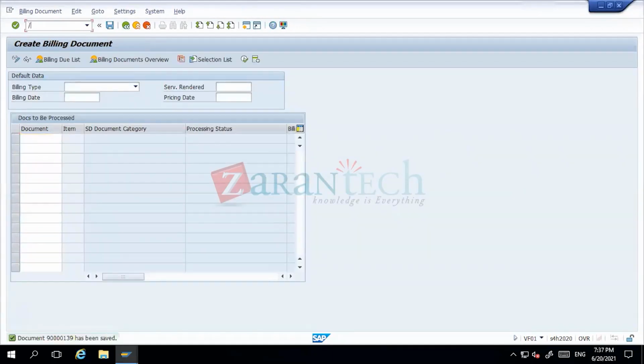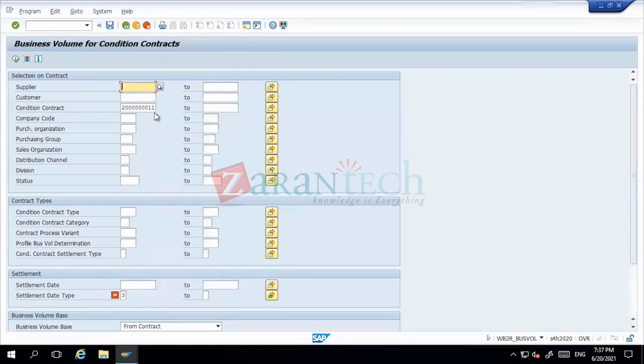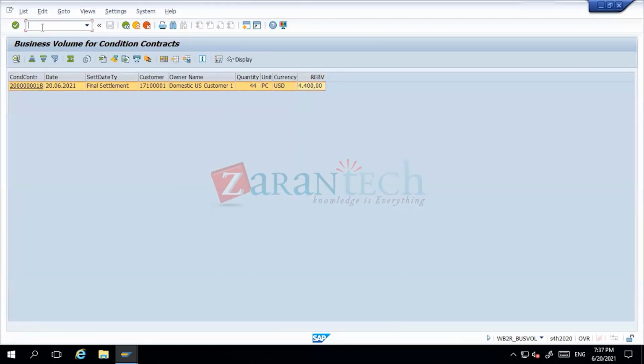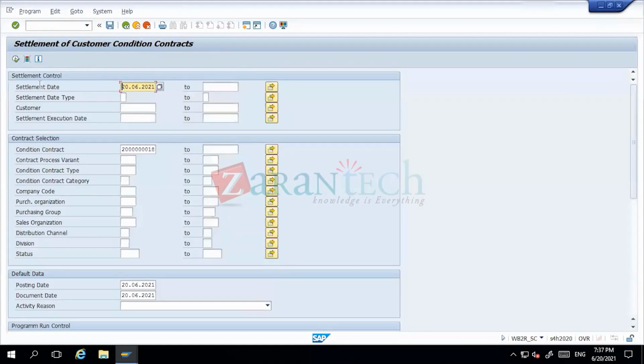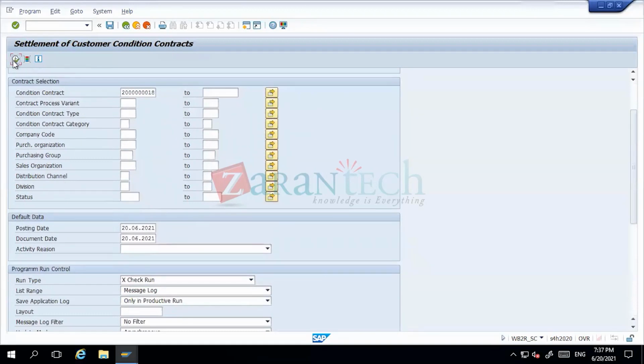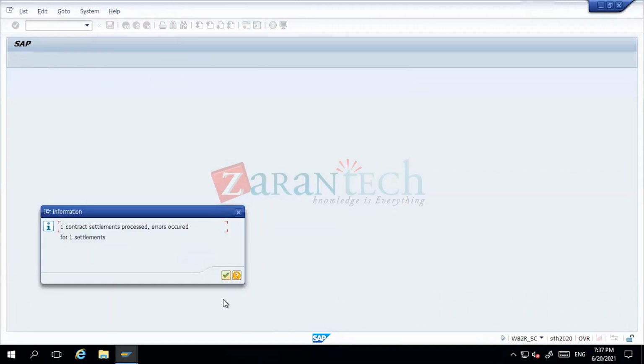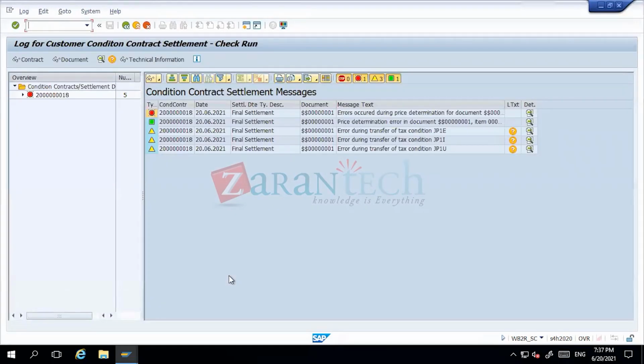So now WB2R underscore SC. You have taken wrong. Sorry. WB2R underscore BUSVOL. So under this, 18 is the condition contract. Let us see now. I think now the error is fixed. In that document also, let me check. So 4,400 is coming up. WB2R underscore SC. So let me go for a check run. Let me check. Settlements. Okay, so in that particular document,